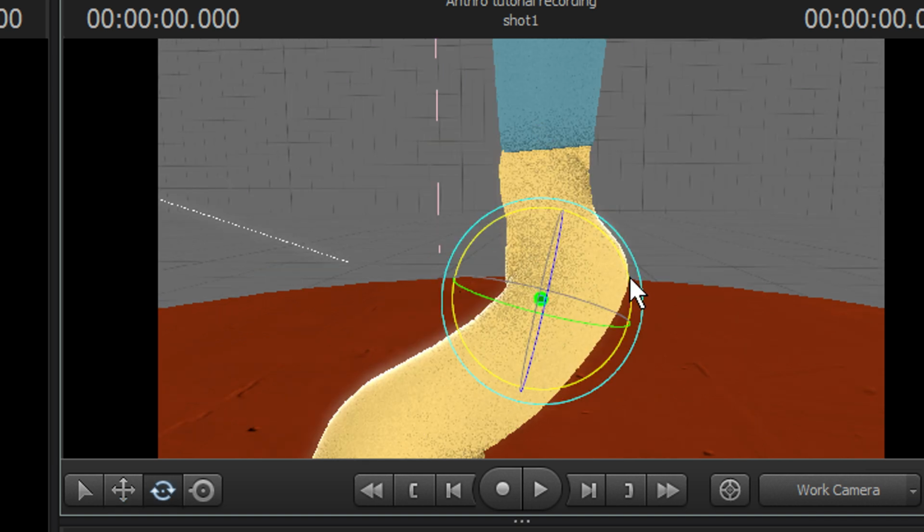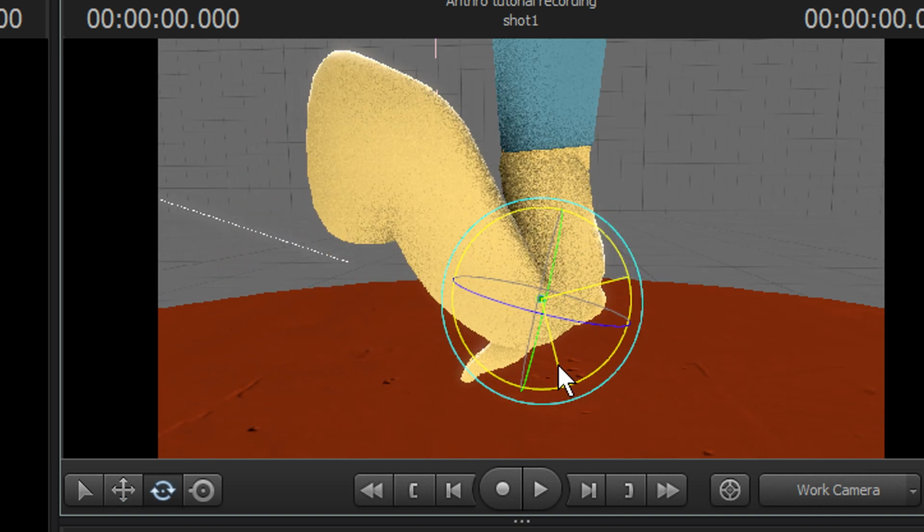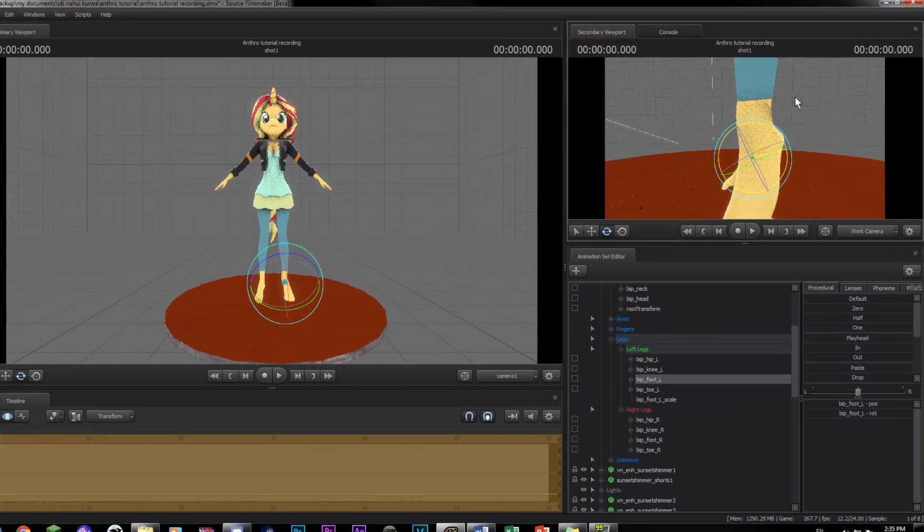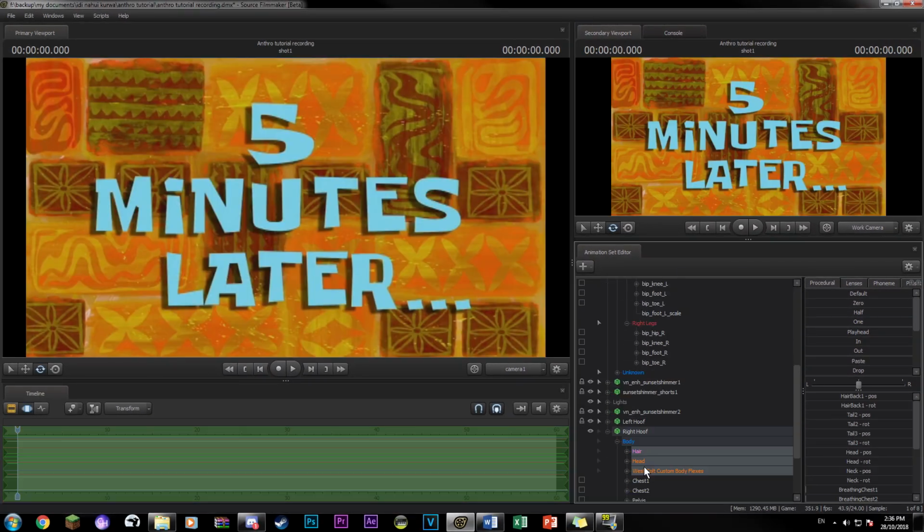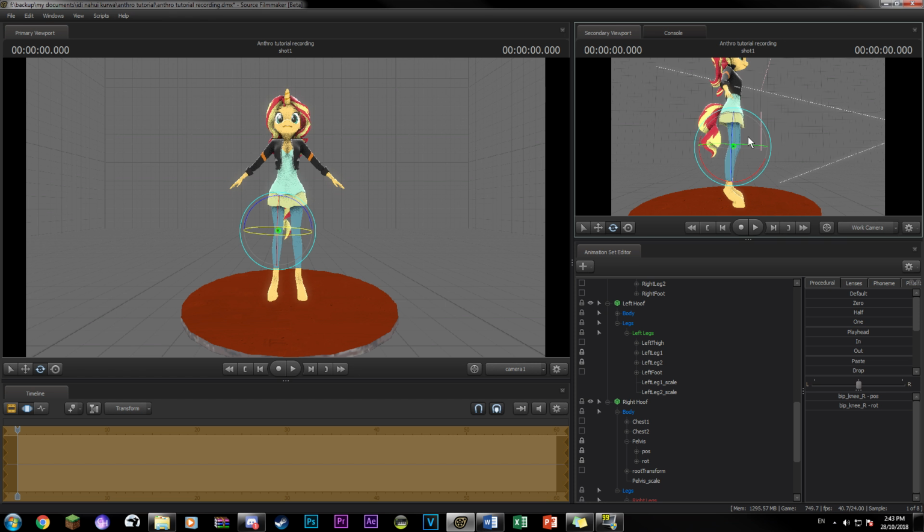So when it doesn't show any of the foot when it's rotating it, you can move on to the right foot, going through basically the same procedure and comparing with the left foot. 5 minutes later. Basically, the majority of this process is trial and error with how to align the hooves over